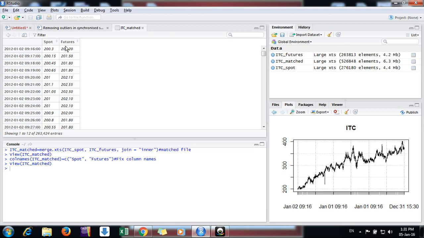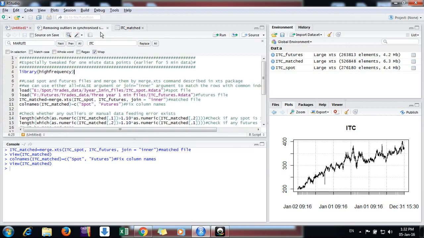It is like a manual error, because when we handle tick by tick data given by NSE, we take spot from somewhere else and futures from somewhere else. So there might be chances they might be different. The outliers we are seeing are because of manual errors in feeding the system. So we can put some limit: if the difference between spot and futures is more than 5% or 10%, we will remove it and consider these outliers. We can mention it in the research paper.